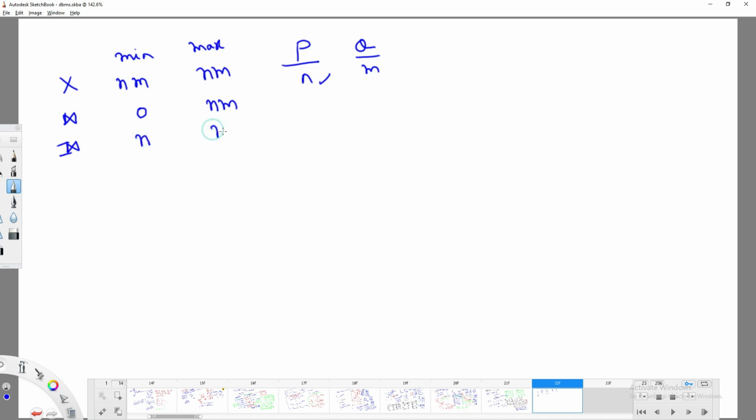In full outer join, the maximum is nm. What about the minimum? So can you analyze it?